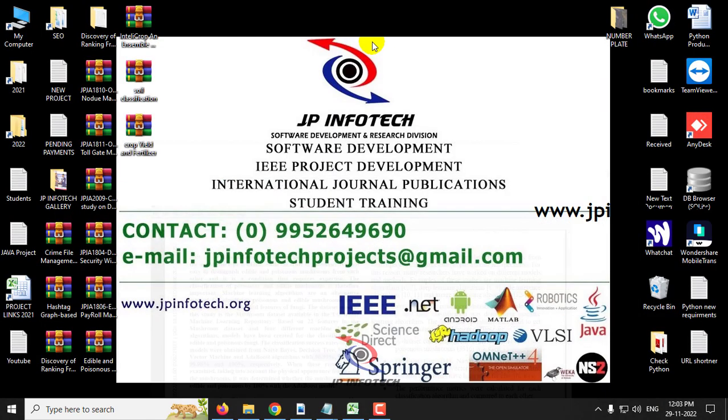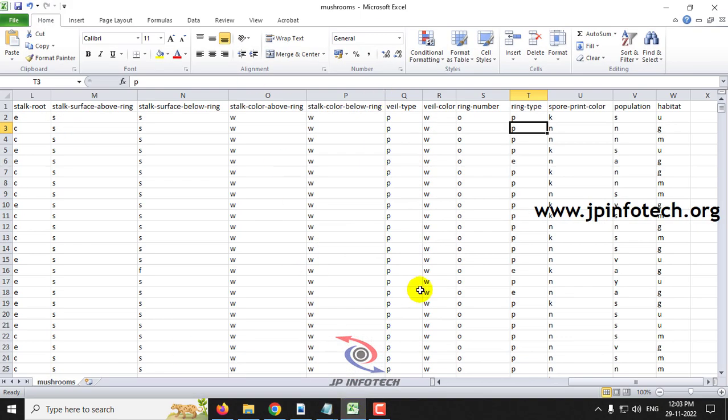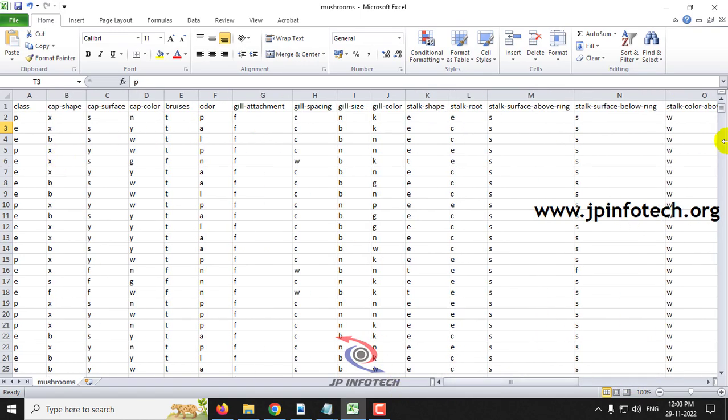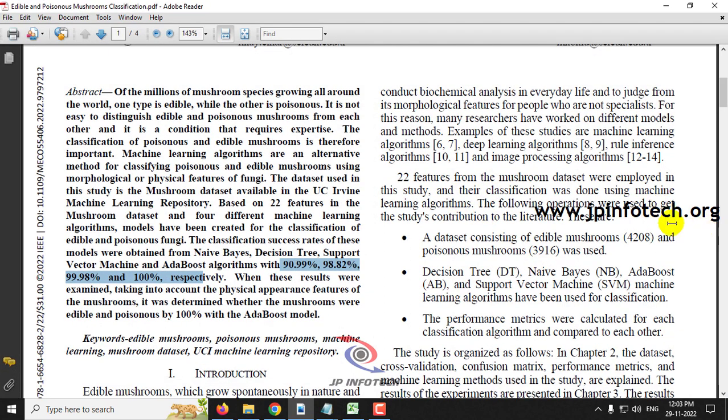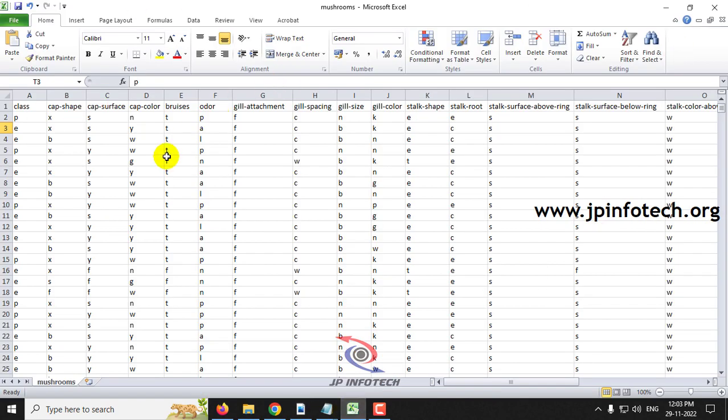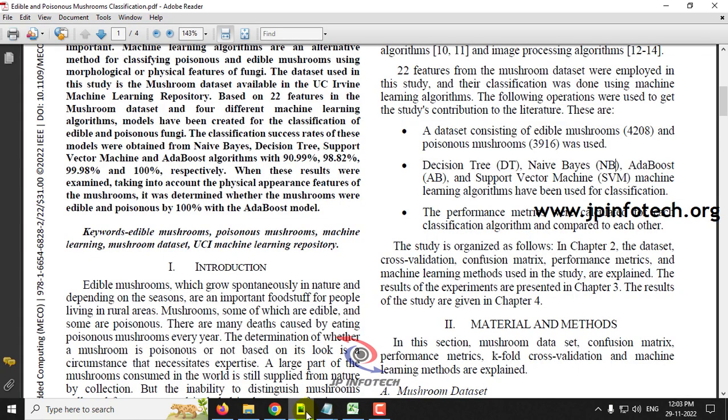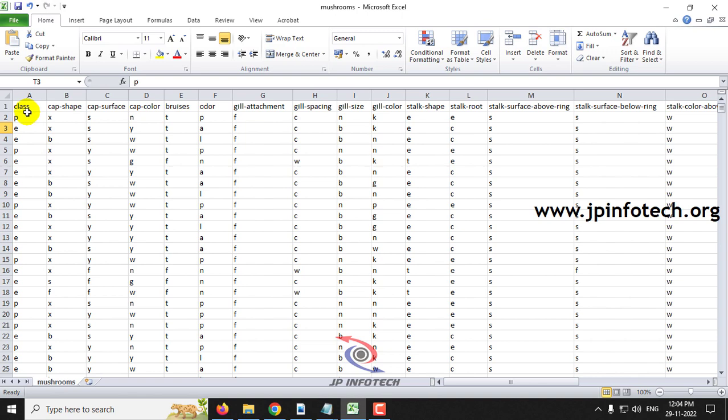Now let us see the dataset part. Here you can see the dataset. In the dataset there are 22 features being used, and it consists of 4,208 edible mushrooms and also 3,916 poisonous mushrooms. Here you can see the details of it with the class, cap shape, cap surface, cap